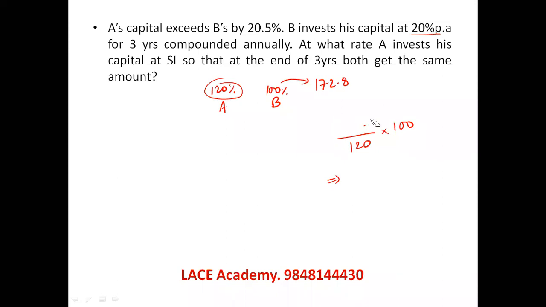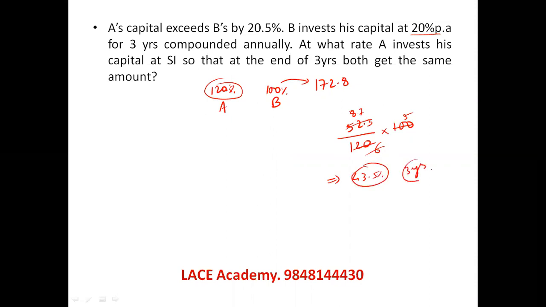Now you can say the percentage increase needed can be found directly like this also. How much percentage increase is needed? 52.8 is the increase. Even if you take 120.5 here, it is 52.3, you can directly say. Now this is 5, this is 6. You can see here what is happening. 6 8s are 48, still there is 4, 6 sevens nearly. So 8.7, that is going to 43.5 or 44%, let's say. So 43.5% increase is happening in 3 years on simple interest.